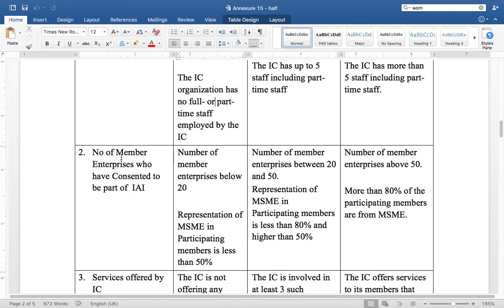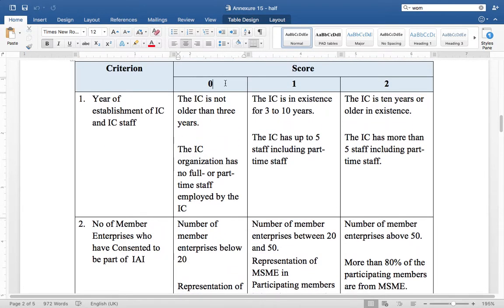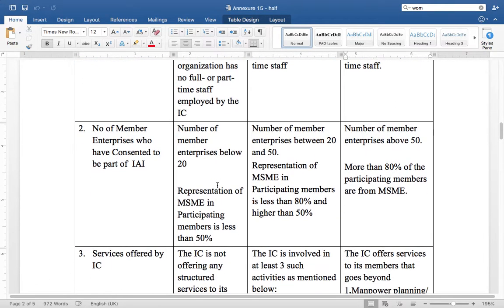Let's take the number of member enterprises who have consented to be part of IAI. If the number of member enterprises is below 20, provide a 0 value. If the number of support letters is between 20 to 50, then give a score of 1. If the number of members is more than 50, then provide 2. Now it's not just the number of support letters. There's another requirement, and you also have to make sure of the representation of MSMEs against the total number of support